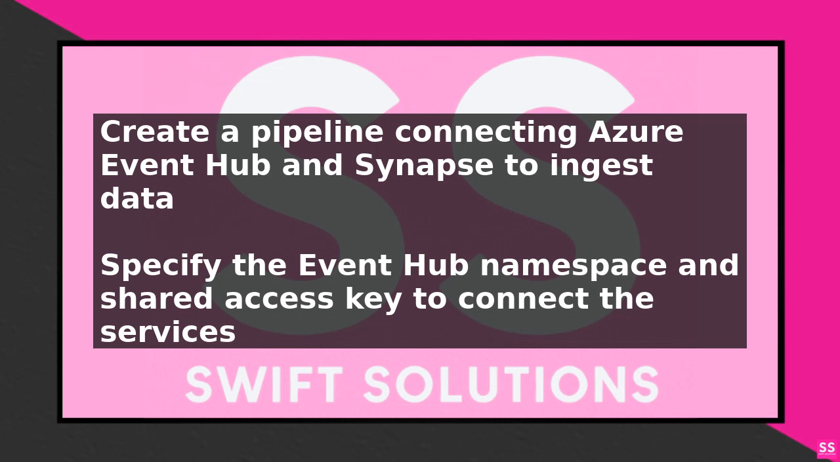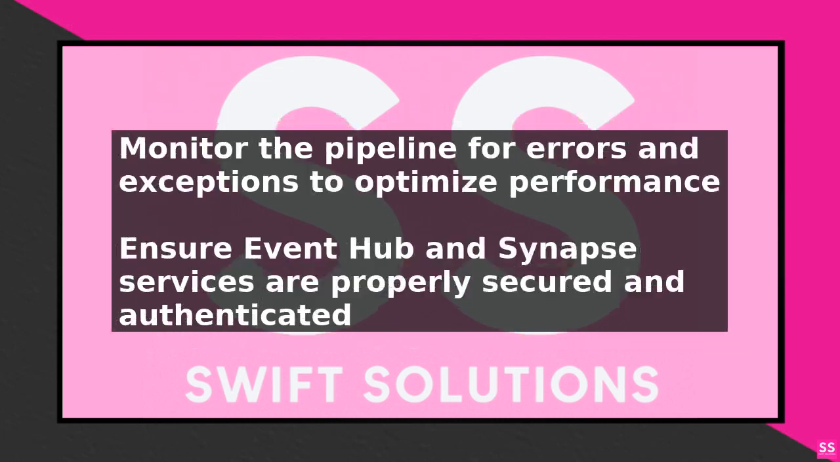Best practices for ingesting data from Event Hub into Synapse include monitoring the pipeline for errors and exceptions, and optimizing the pipeline performance for large volumes of data. You should also ensure that the Event Hub and Synapse services are properly secured and authenticated to prevent unauthorized access to your data. In conclusion, ingesting data from Event Hub into Azure Synapse is a straightforward process that requires creating